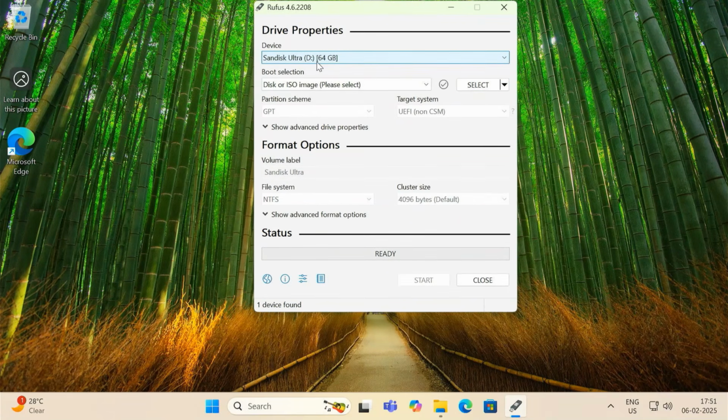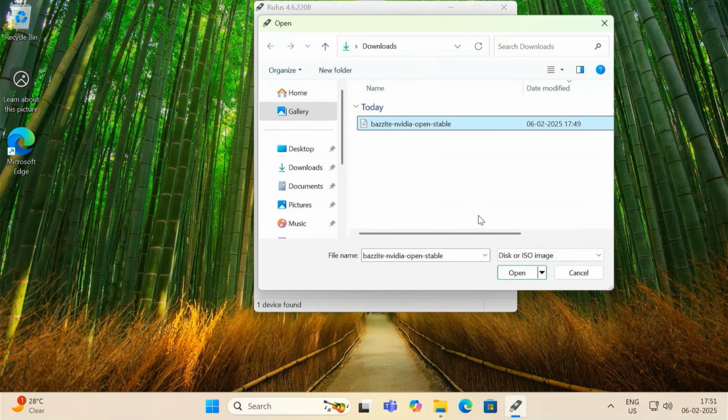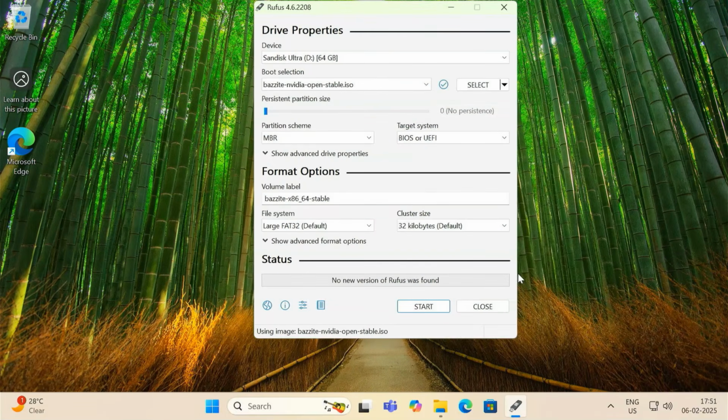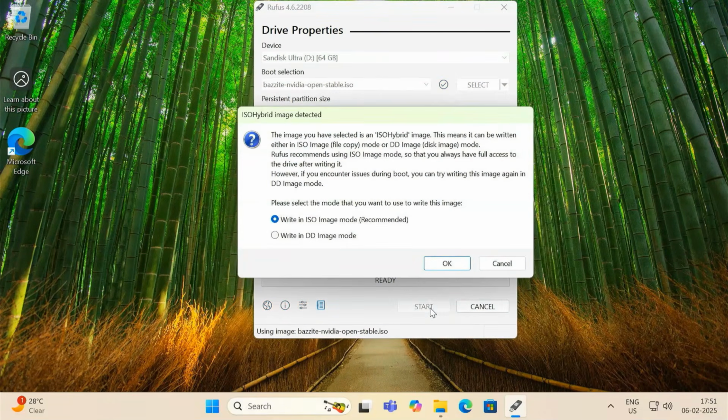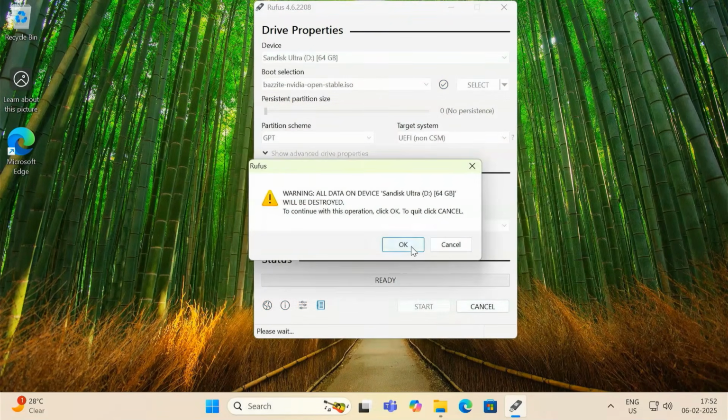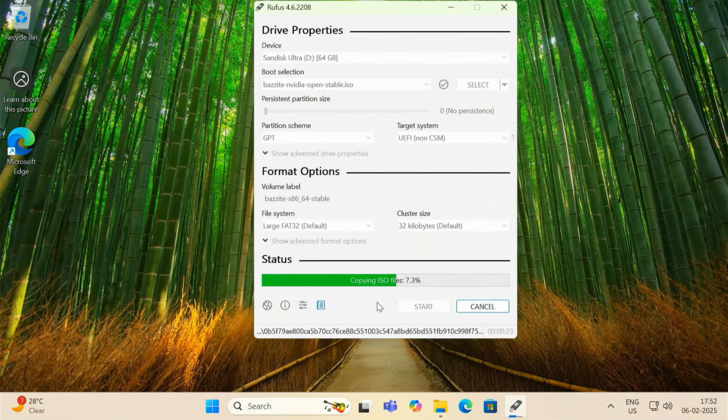Select your USB drive. Select the Bazzite ISO. Choose GPT partition scheme for UEFI systems. Click Start. Now wait for the process to complete.